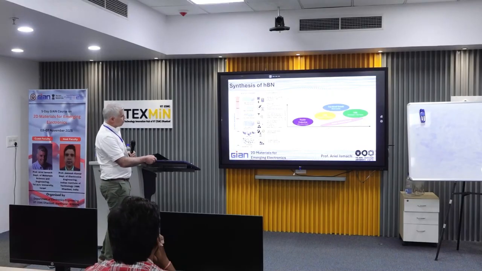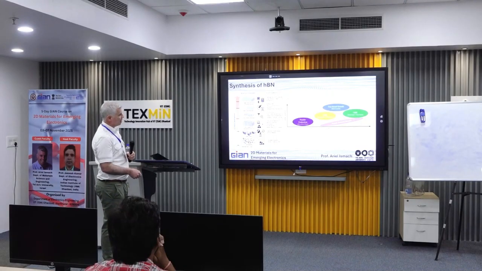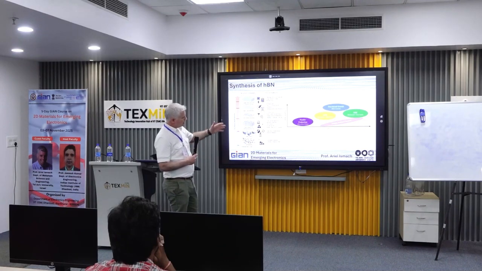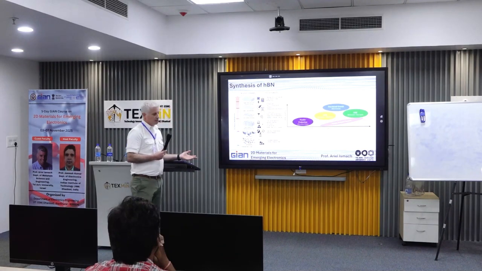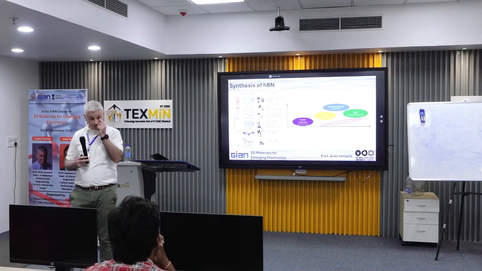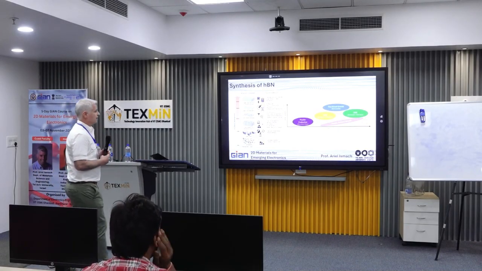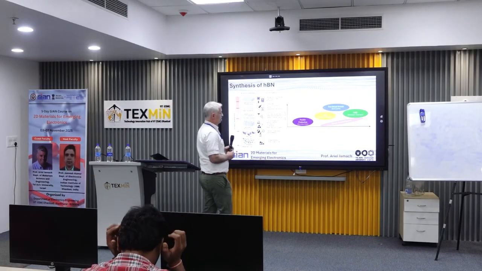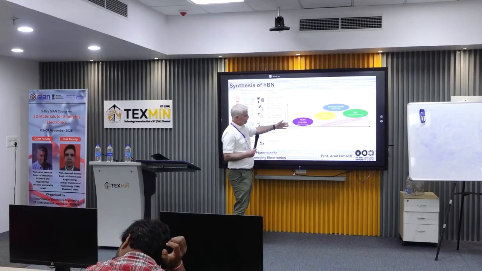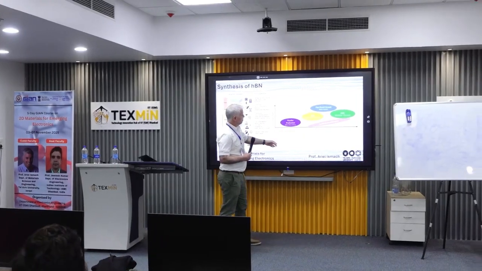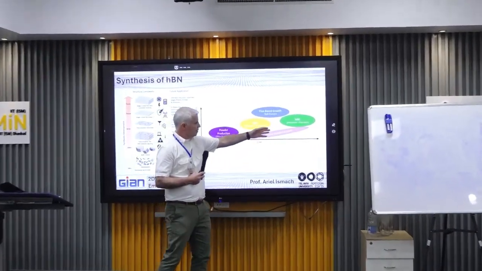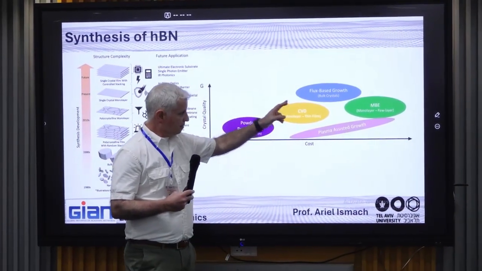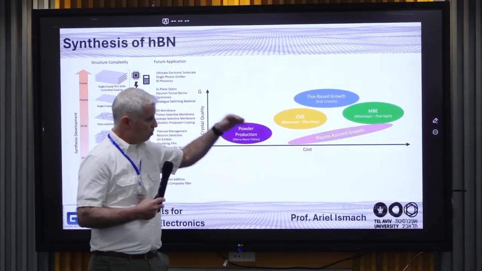So again, comparing between the different productions, I talked only about CBD, but there are also MBE, and CBD includes, of course, also metal organic CBD when you use the metal organic process. And you can see the cost and the crystal quality. Of course, the flake, the powder is the lowest, but the cheapest. MBE is among the highest, but more expensive, and the CBD stands somewhere almost with